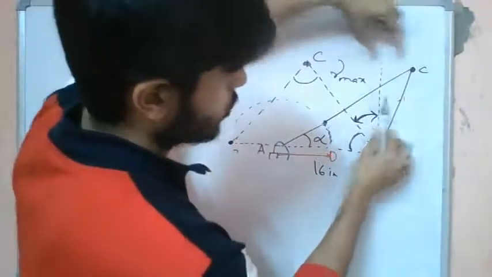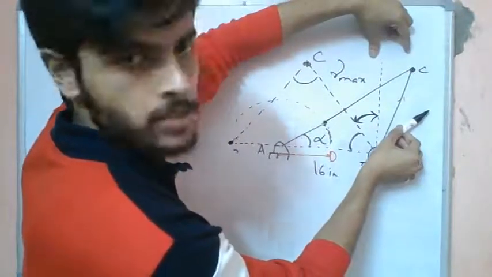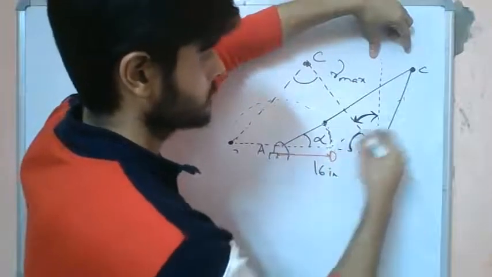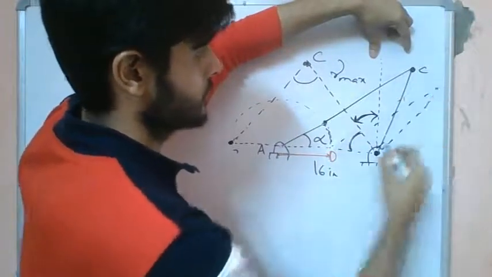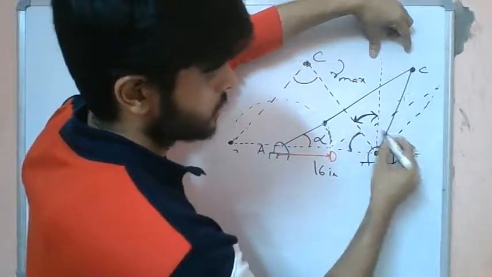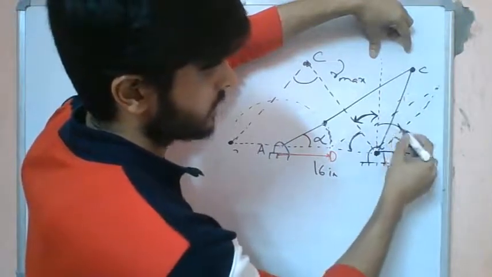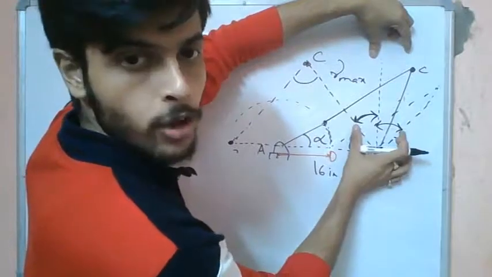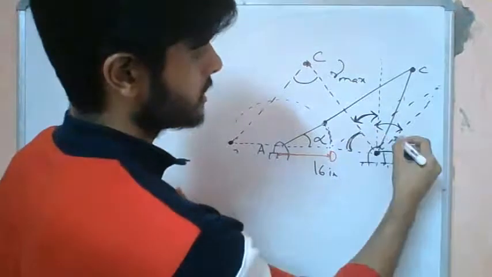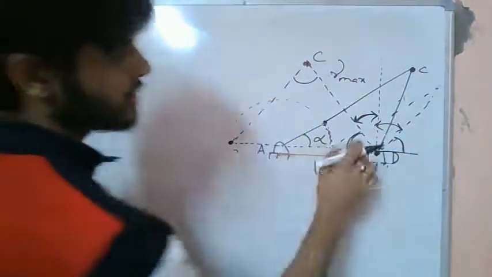Similarly, this rocker will also deviate in this direction from the vertical, right? When it deviates in this direction, something like this. Okay, something like this. So again, if we can find out this angle, then 90 degrees minus this angle will give us this angle, right? So this will be the total angle of rock. So we need to find out first this angle and this angle.